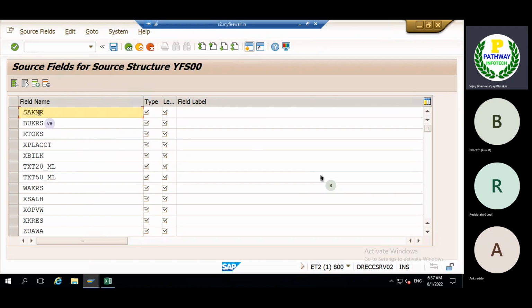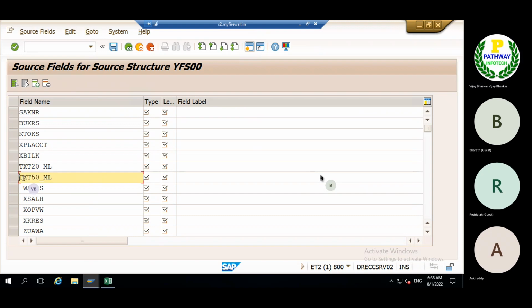Field name: first you need to enter the field name. What are the fields we have to see? Now here there is a gap, and the system is not reading. Remember, you need to select back. That's what I told you: always concentrate, even on small things, otherwise the system will throw the error and will not accept the information.